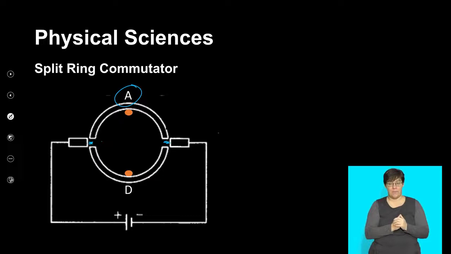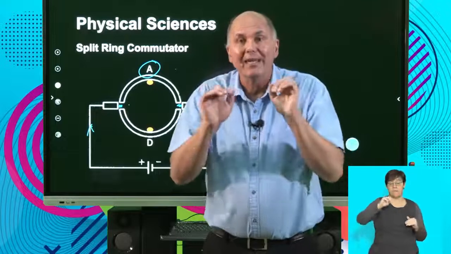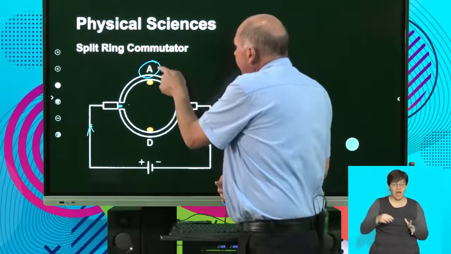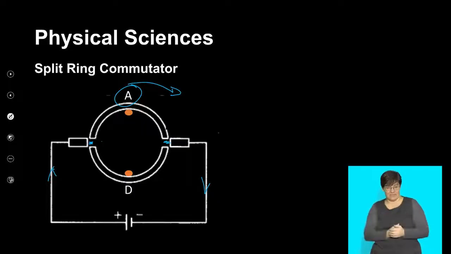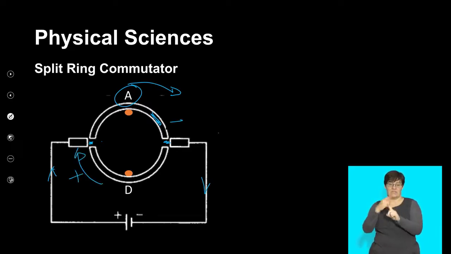The brushes aren't making any connection over here. So even though the current was going in over there and coming out of there, there's no connection. But the momentum of the motion carries part A across. And because it goes across, the coil moves on as well. And what we recognize is that this part of the coil is now going to be connected to the negative terminal of the battery, and this part of the coil is going to connect to the positive terminal of the